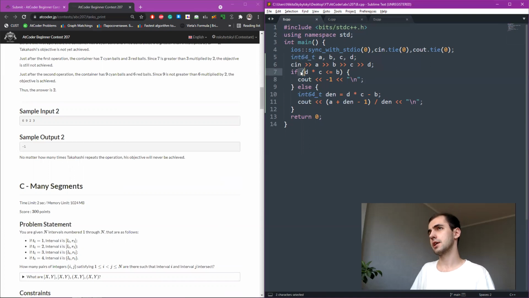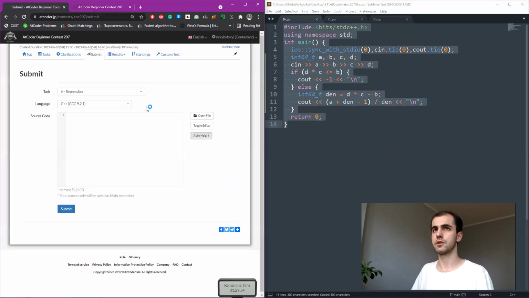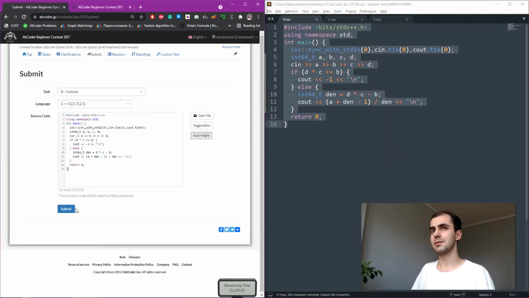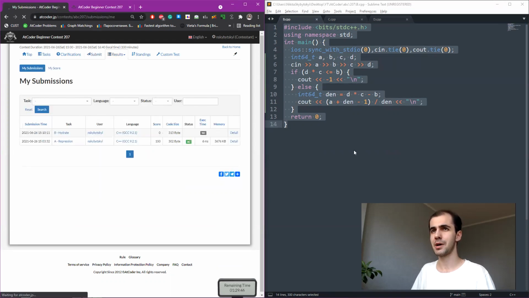Then we don't forget the cases when we can't achieve our goal. Okay, I don't really know, probably it is a good idea to test it better, to come up with some samples. No, not samples, but like custom tests. But that's not what I really want to do now. And anyway, it got accepted, so